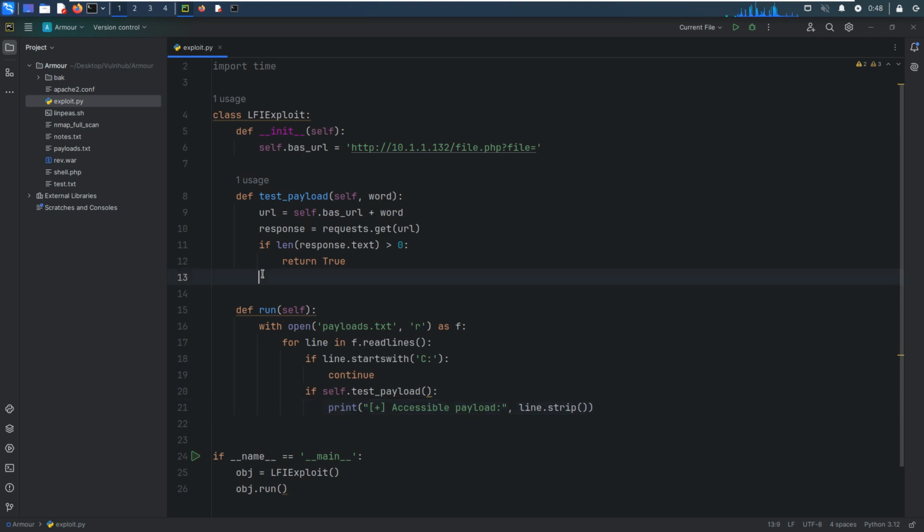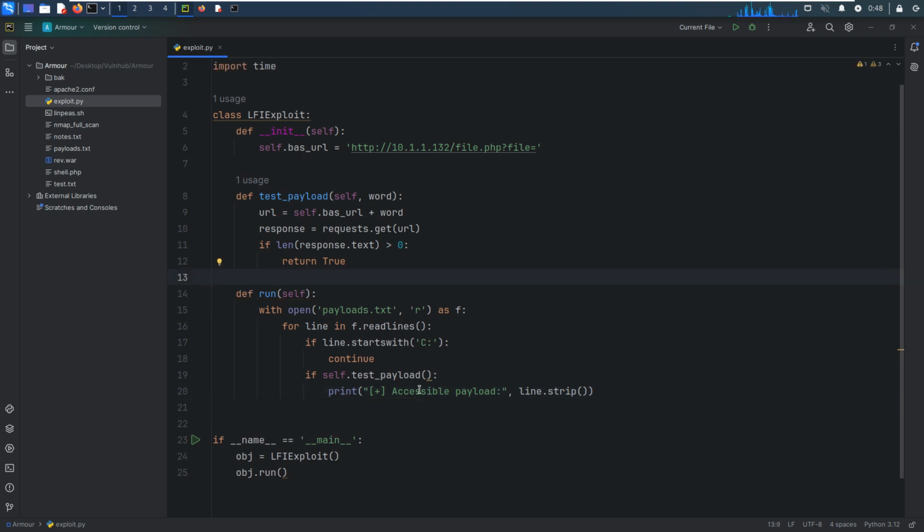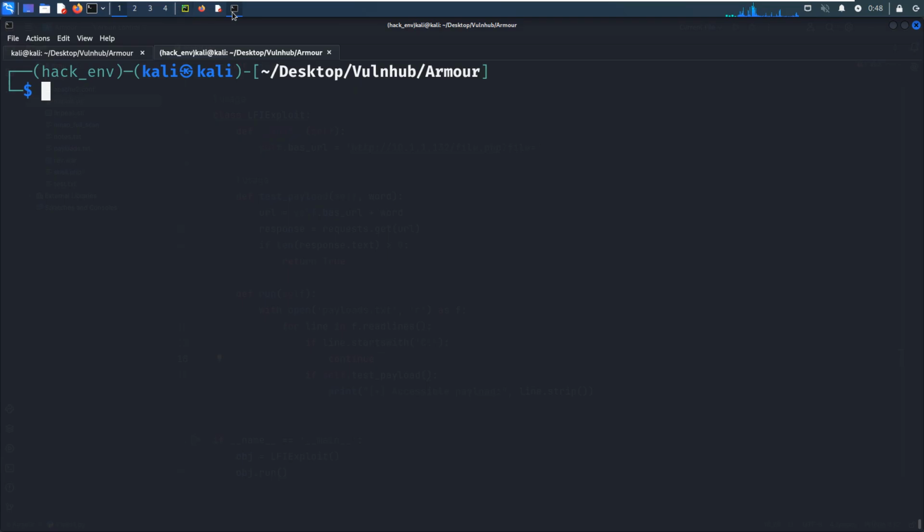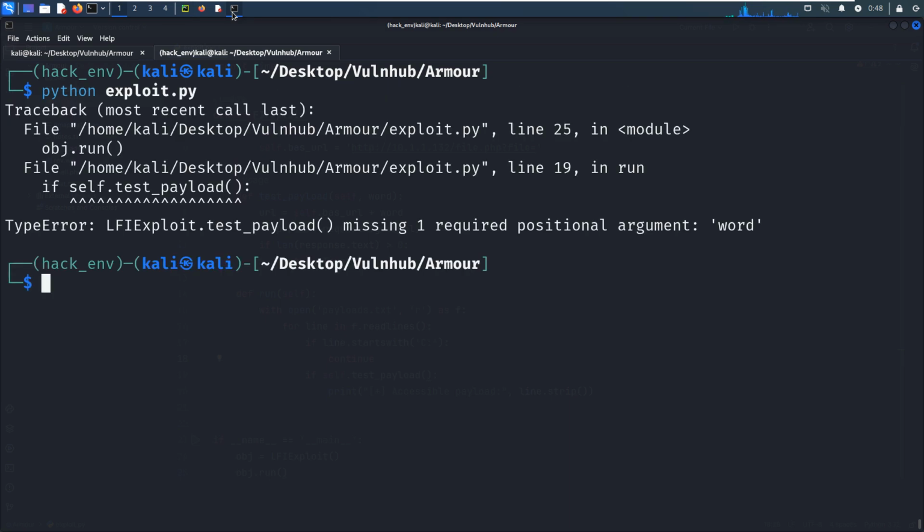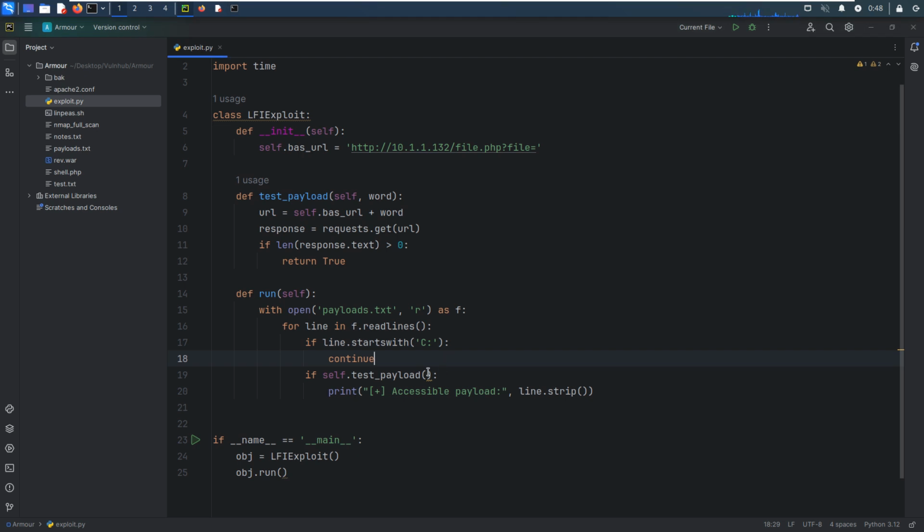So now I think we can test the program to see whether there is any error. Now we can run it, python exploit. Okay, missing required positional argument. No problem.